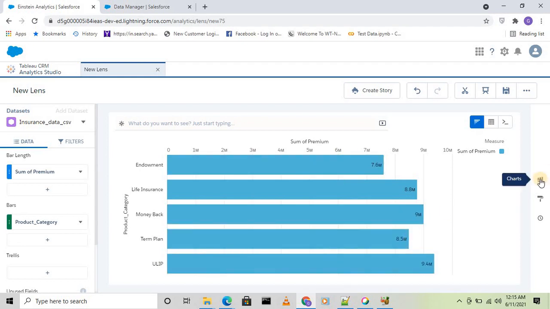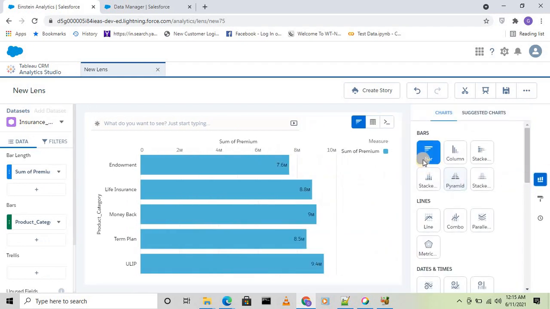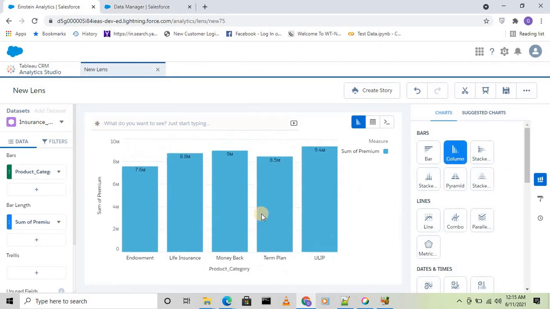Now let me change this one. Currently it is a horizontal bar chart, so I can change to vertical. The moment I select this one, you see it changed. I have another thing called stacked bar chart. The moment I select stacked bar chart, these numbers are stacked into a single bar.